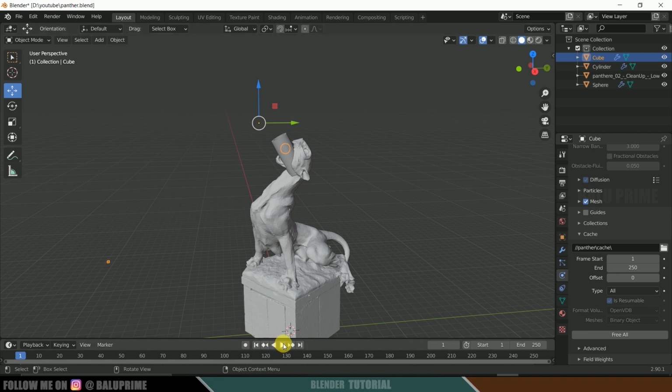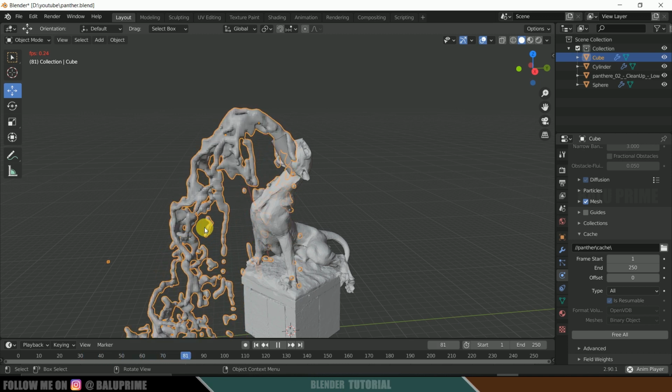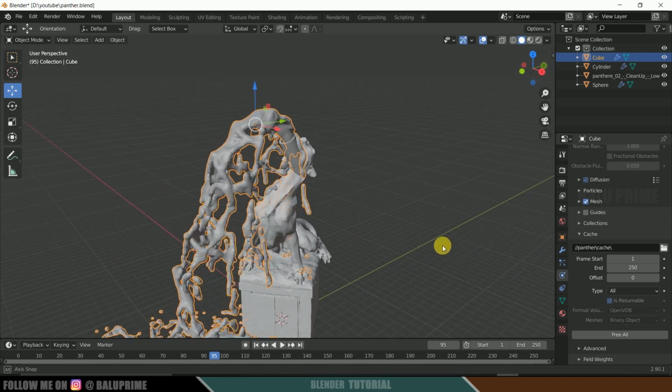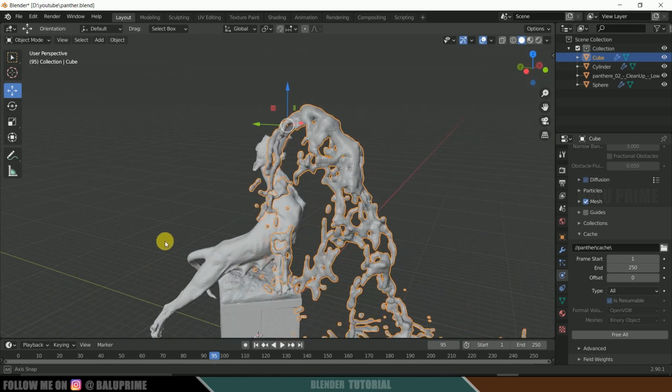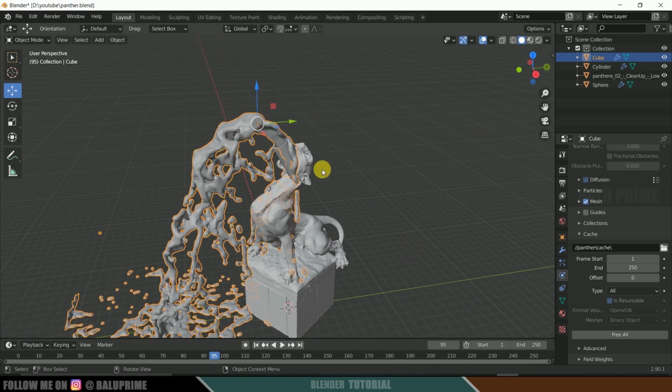If we click on this play button, here you can see I got this fluid coming out from this pipe just like in a fountain. If you're not finding your fluid, try to increase the resolution and bake it once again.